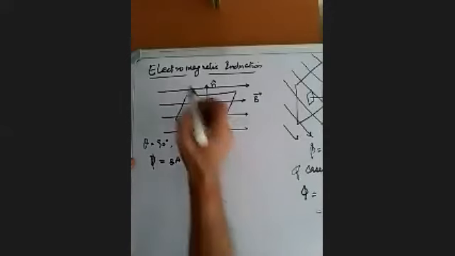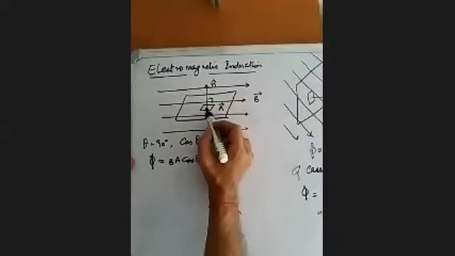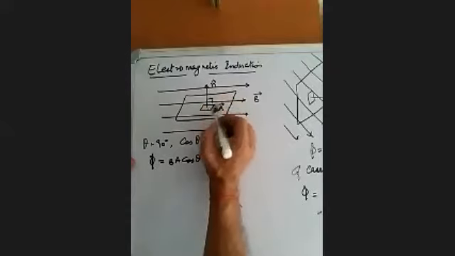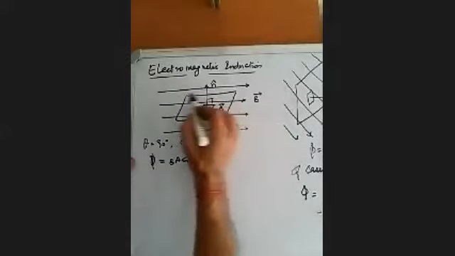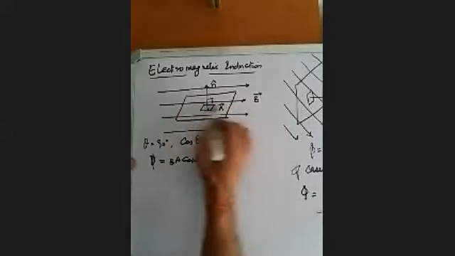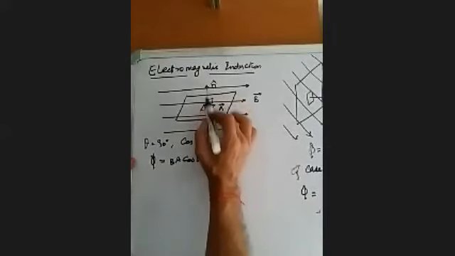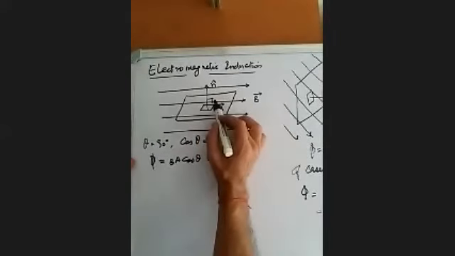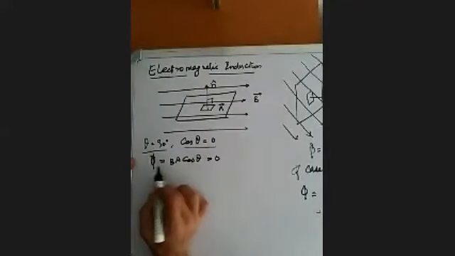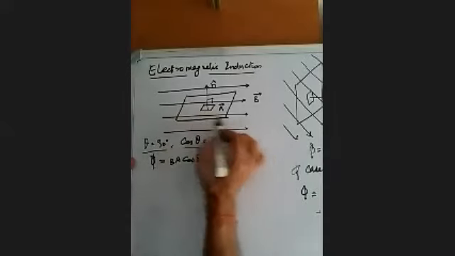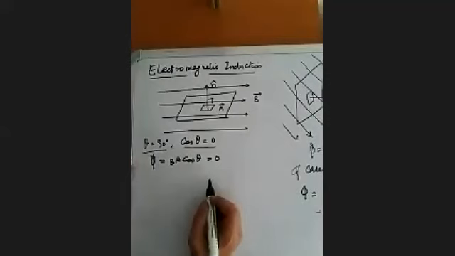So once again, this is the surface area given by A vector. This is the outward drawn normal, which is the orientation of this surface area. And the orientation of this surface is such that the magnetic field is tangential to the surface, so that the angle between the outward normal and the magnetic field is 90 degrees. So theta is 90 degrees, cos theta will be 0. Therefore, flux associated with this area in this field, in this orientation, will be equal to 0.